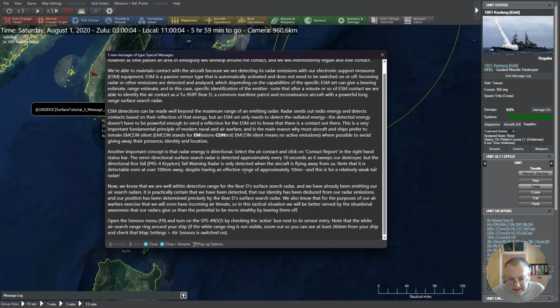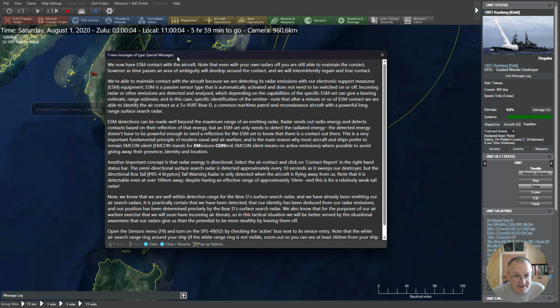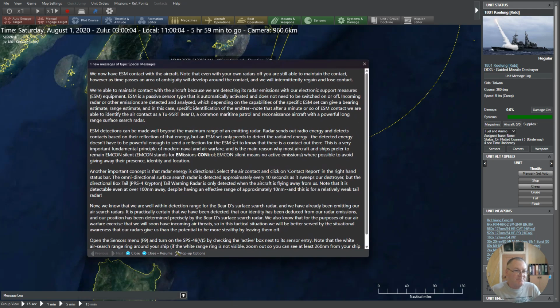Now we've got long reading. We now have an ESM contact with the aircraft. Note that even with our radars off, we are still able to maintain contact. However, as time passes, an area of ambiguity will develop around the contact, and we will intermittently regain and lose contact. We're able to maintain contact with the aircraft because we are detecting its radar emissions with our